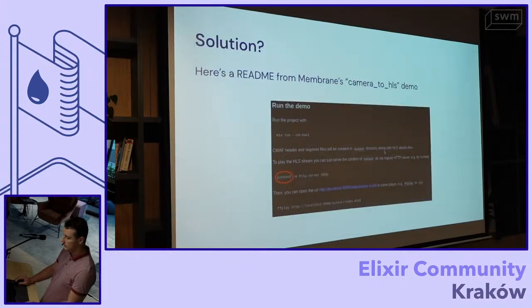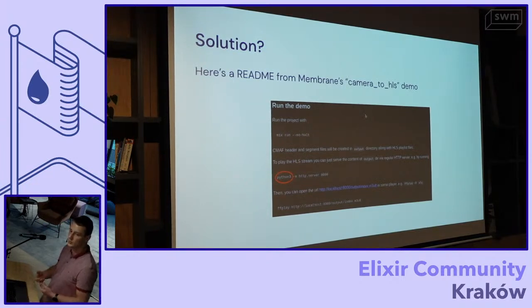And once again, this is where such a server is useful. This is an excerpt from one of the demos that we have in Membrane, which was actually presented at the last meetup here. It was getting the feed from your camera and producing HLS.